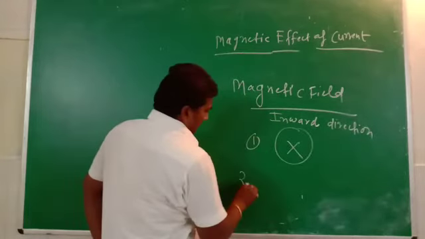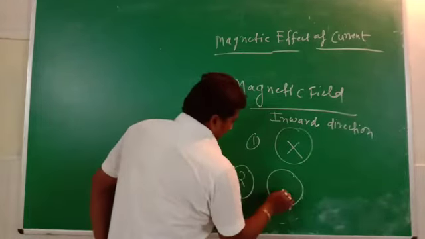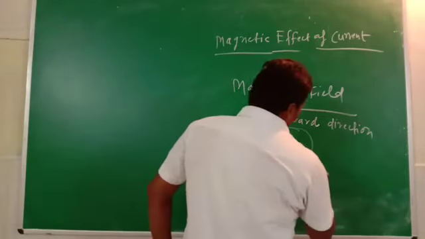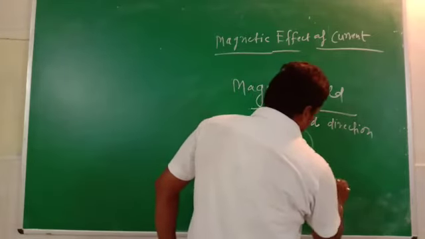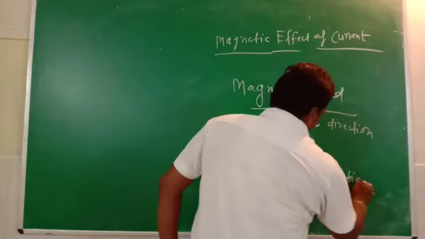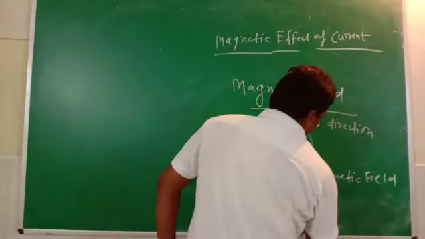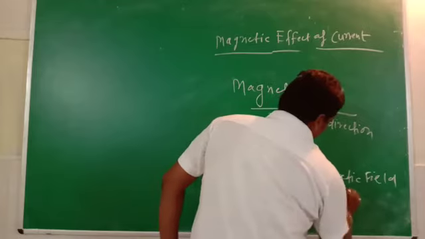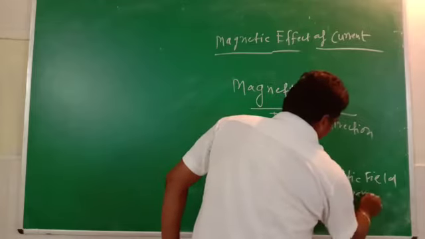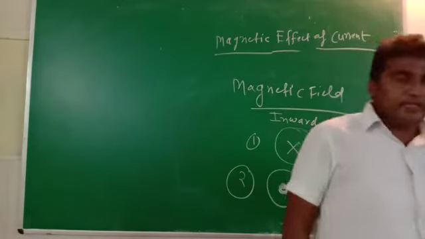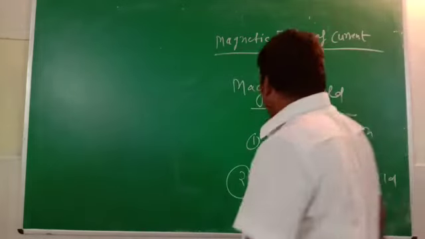The other is represented by a dot, which means the magnetic field is in the outward direction. The magnetic field is generally represented by capital B,